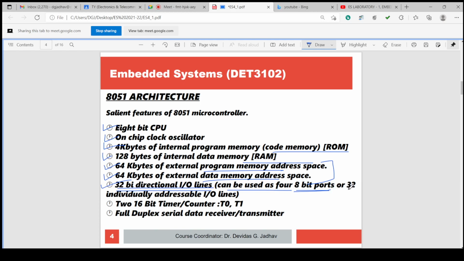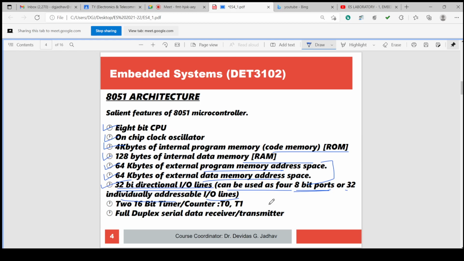These can be addressed with the port, or these can be addressed individually. 32 individually addressable IO lines are there. Individual means only a particular line can be addressed. Addressed means it can be written or read.